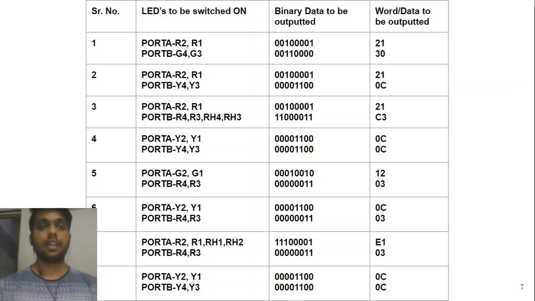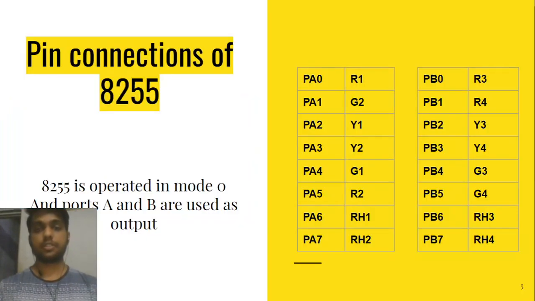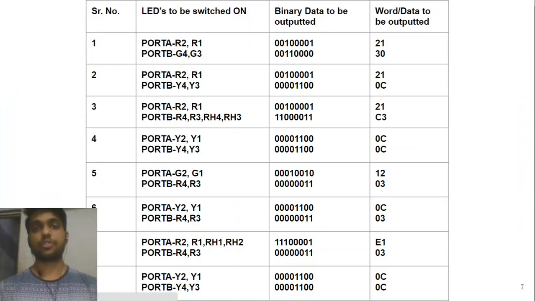As we can see, R2 and R1 are connected to the A port and their corresponding numbers can be seen from here. So R1 and R2 will be PA0 and PA5. Accordingly, their bits are set and the other bits are reset. Similarly for G4 and G3, the two bits are set according to their position.